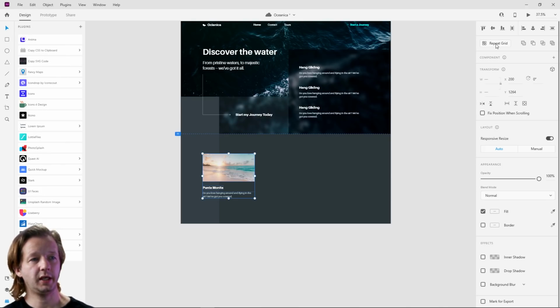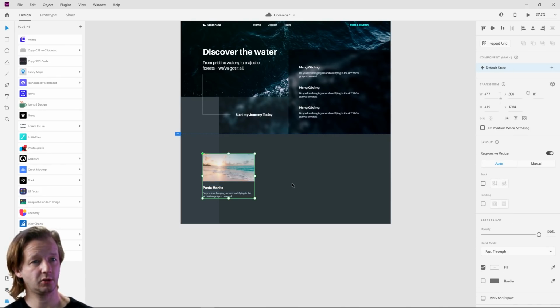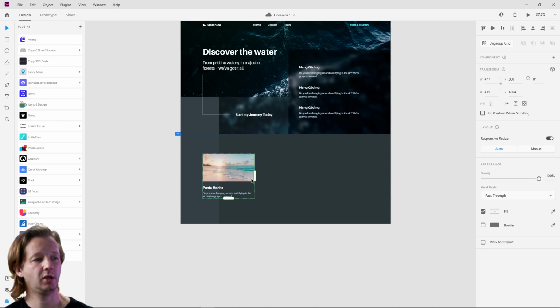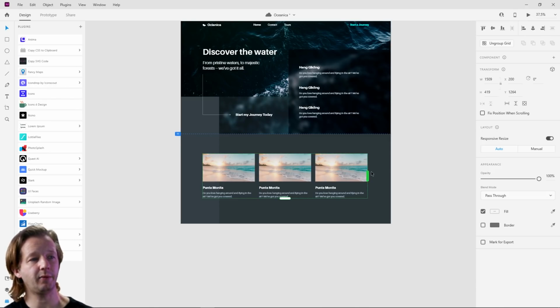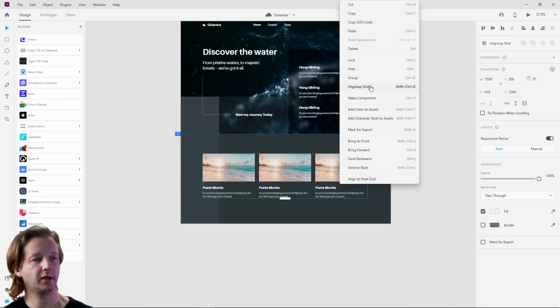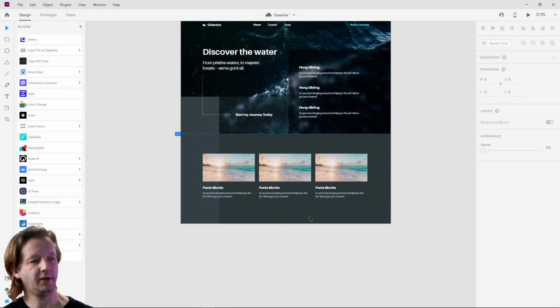So we could do the component, which would make sense. So we created a component out of it. I don't want any interactivity, so I don't have to add states or anything like that. And now I could do a couple things. I could do this in a repeat grid format. So I just pull this out after clicking grid, and look at that. Very cool stuff. We can control the spacing. But I could also do it the way where we create 2 of them and create a component out of those and then control the spacing that way as well. Either way will work just fine. So after you have this, we could right click and click ungroup, and now we have just 3 evenly spaced